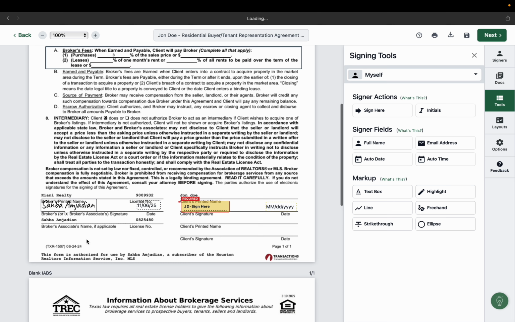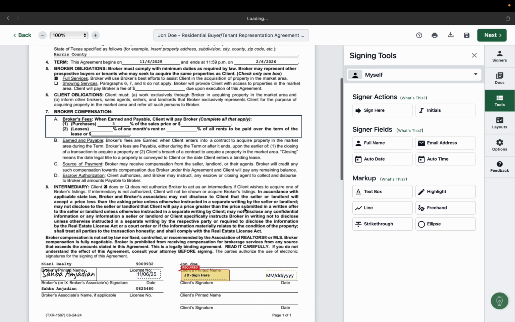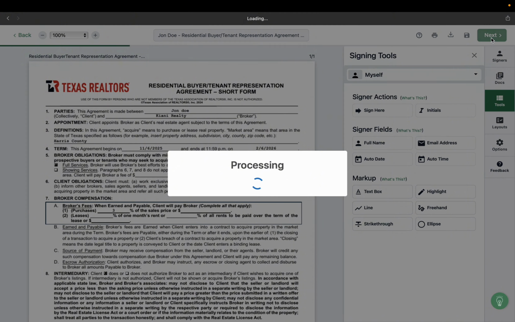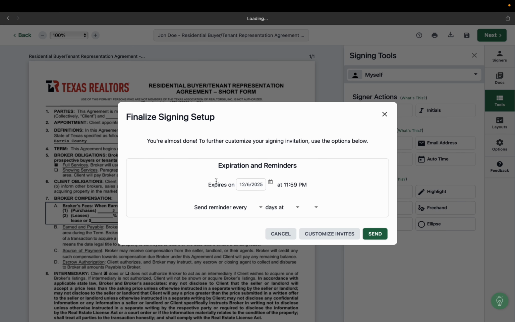And once you have those fields filled out with little boxes of signatures, you're going to go ahead and press next. And this is where it'll tell you when this DocuSign is going to expire. Mine is always a month from whenever I send it over. You can also set it to where you can send reminders, but I'm not going to do that. And once you have all of this, you're going to press send,